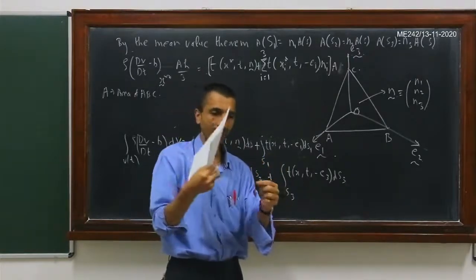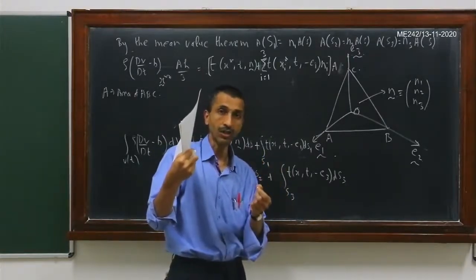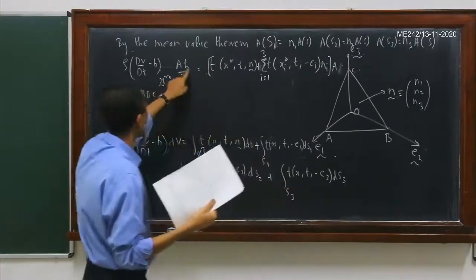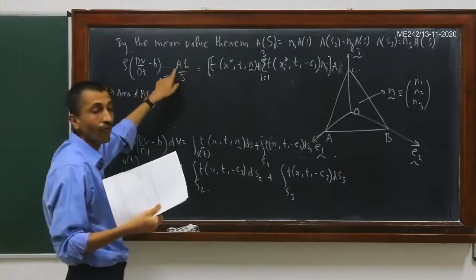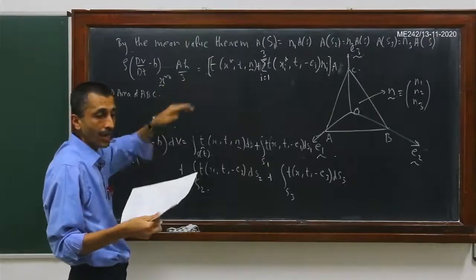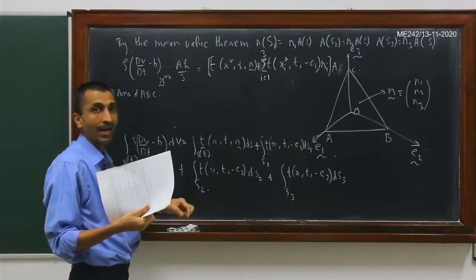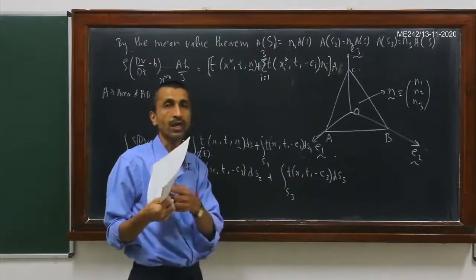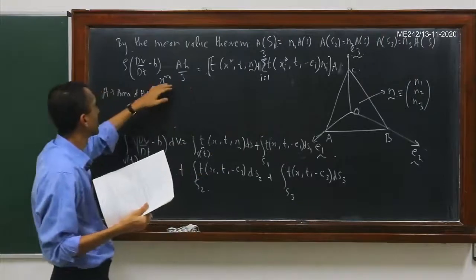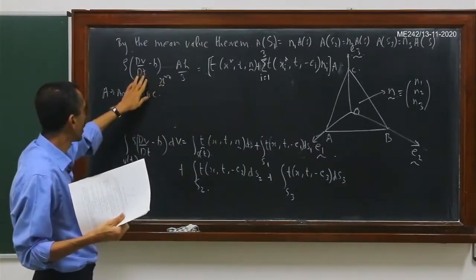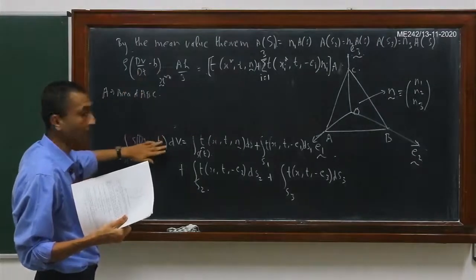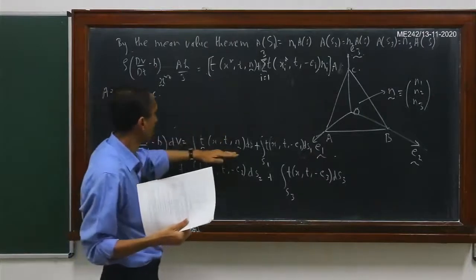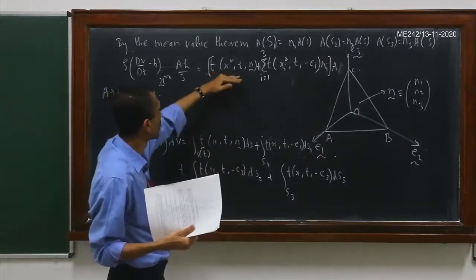Okay, so basically if you drop a perpendicular from this origin to this inclined surface, this perpendicular distance is this distance h here. Okay, so this is just the formula for the volume of a tetrahedron. It is the area of this ABC multiplied by the height. Okay, so that height is just, as I said, the distance from O to the inclined surface. So this term is obtained from the mean value theorem from this particular term here. Similarly, this particular term goes to this particular term here.